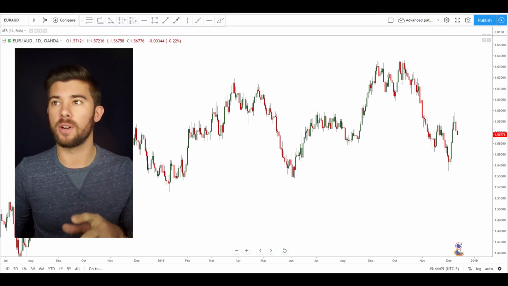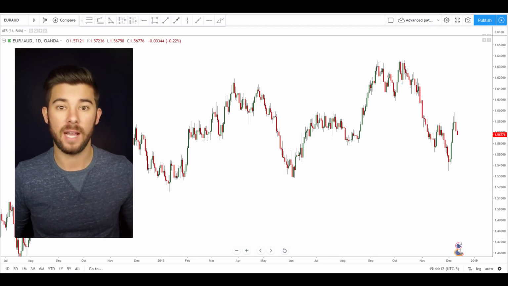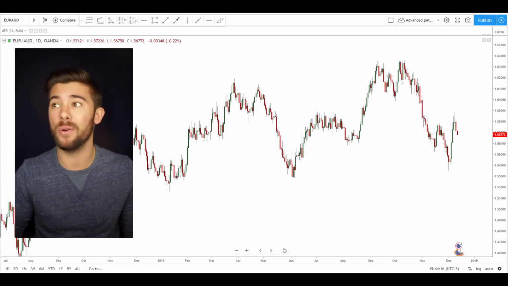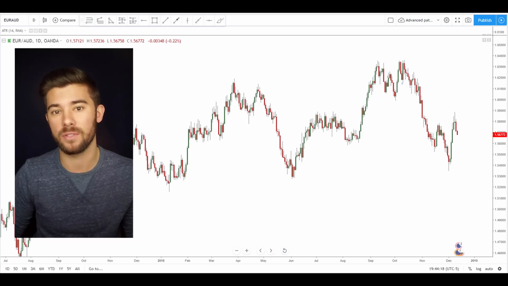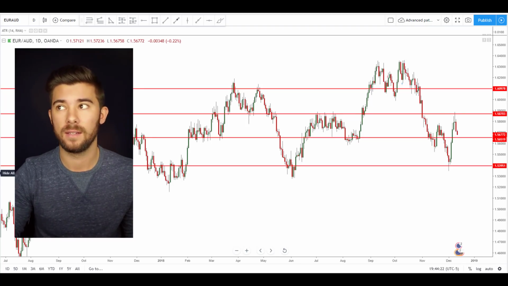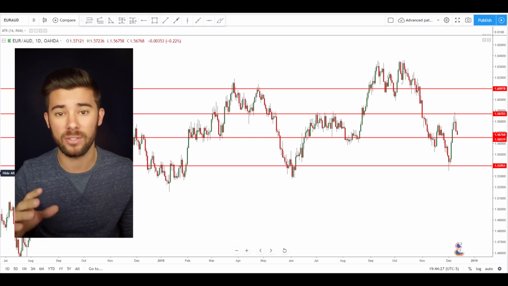Have you ever seen a chart like this and had no idea how to trade it? If you answered yes, then you're not alone. Most traders have no clue how to trade in this type of situation. But what if I did something like this? What if I did that and then told you that the highest probability chances you have of winning trades is